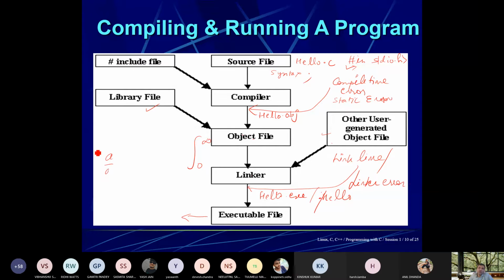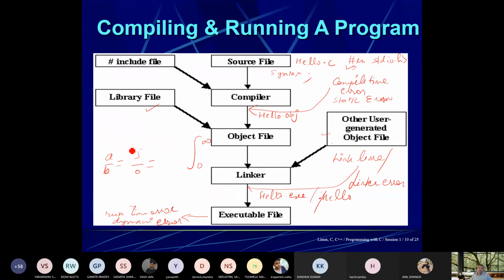Okay, if everything is fine and we run the program, suppose I had created a program to find a divided by b. This is a very common example. I put 5 for a and 0 for b, and it is unable to compute this. So whenever a program is running, and due to the user's wrong, incorrect input it produces an error, this type of error is known as a runtime error, and also known as a dynamic error.